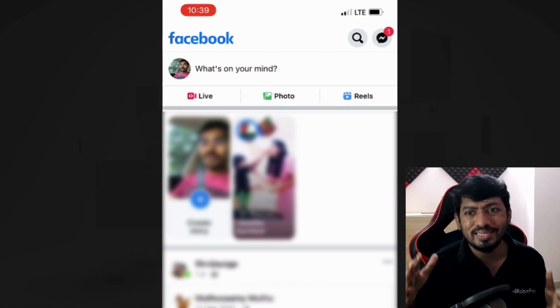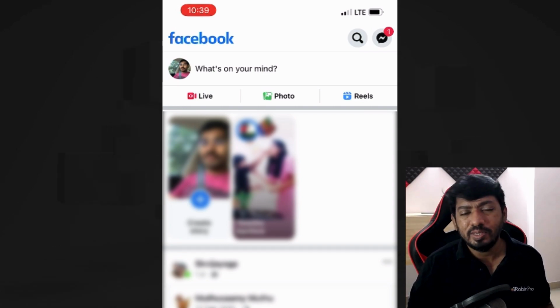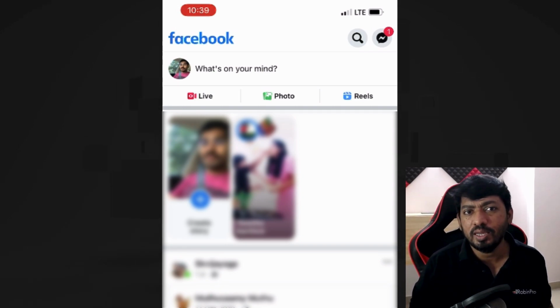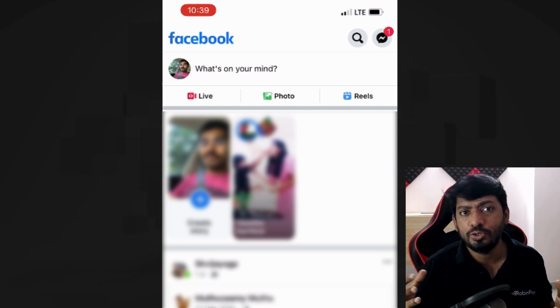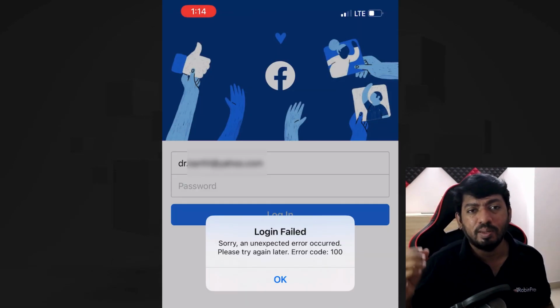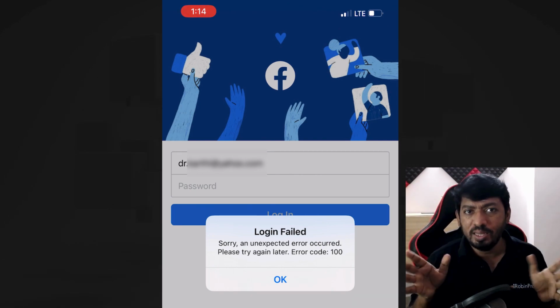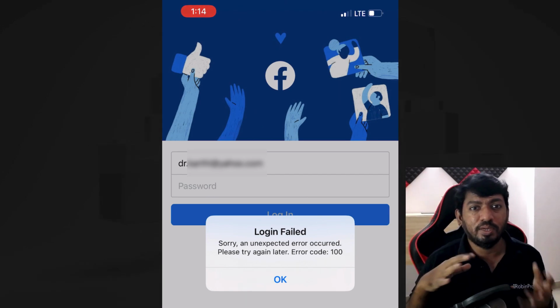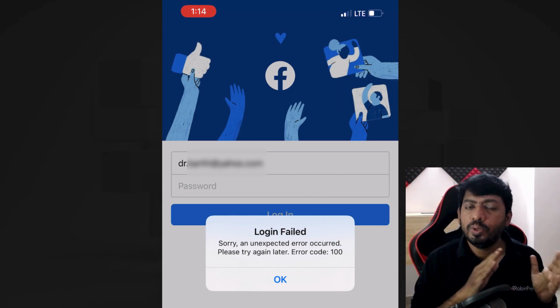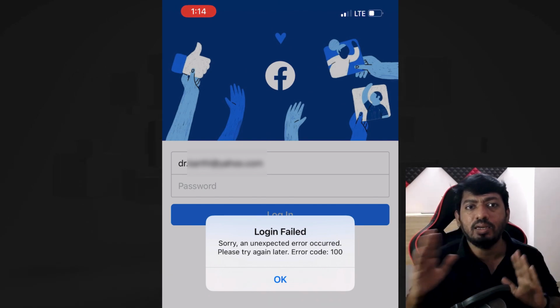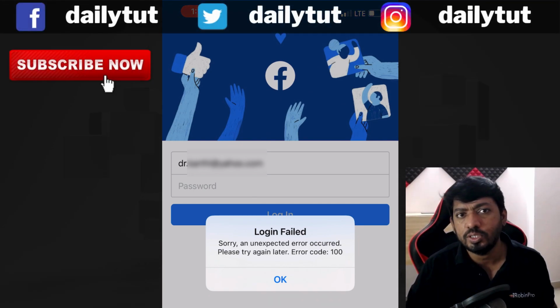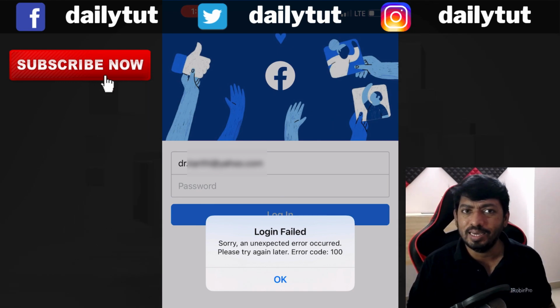But meanwhile, this is the perfectly working solution we have right now, which you can try to fix the problem at the earliest. Otherwise, the alternative that I'd like to suggest is using Facebook in the Safari browser. That also gives some boost to your battery performance overall, the Facebook application being one of the biggest battery consuming applications. But only if you're comfortable using Facebook in Safari, because the user experience is entirely different between Facebook in Safari and the Facebook application. So the choice is yours. You have to decide, give it a shot and see how it goes.